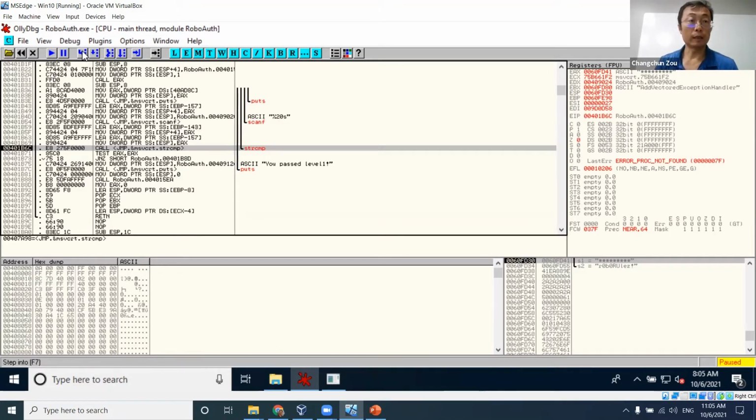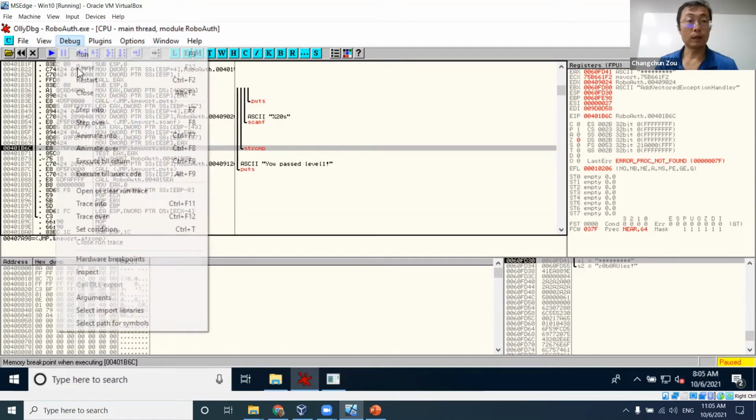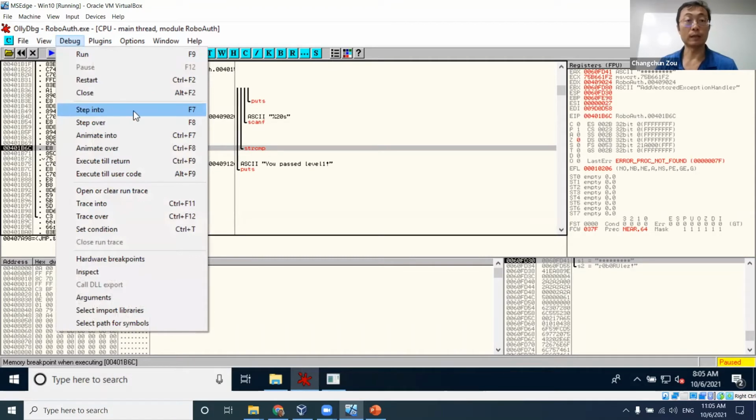You can do, like here there is a debug. You can go like a step into. Step into means step into the subfunction call. Step over means that you can run the program until the current subfunction call is finished. So if we do this step into,